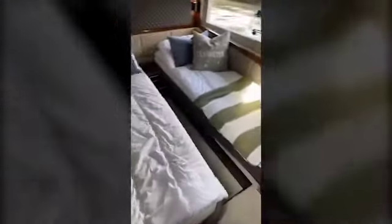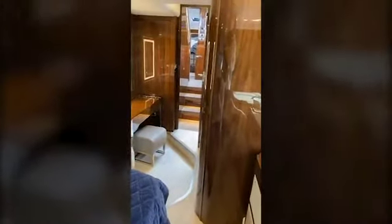Do a quick tour of the cabins one more time before I... Well, the price to fill up depends on where you are. The tank is 2,500 liters. Yeah, and you can always control, so you can lay down and turn off the lights when you're ready. Okay, I'll do the engine room